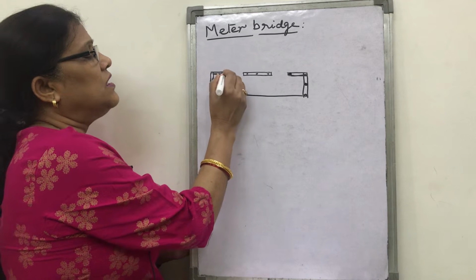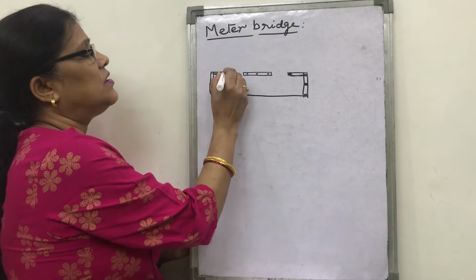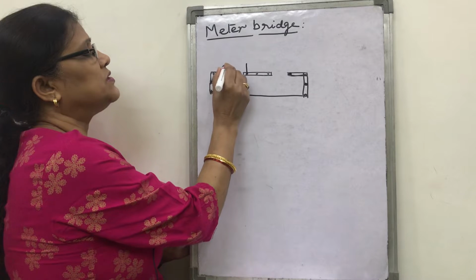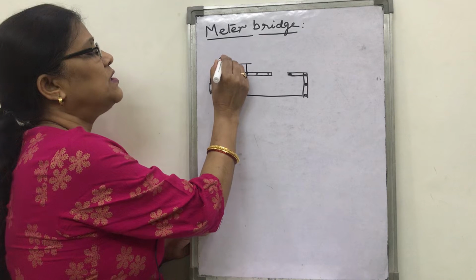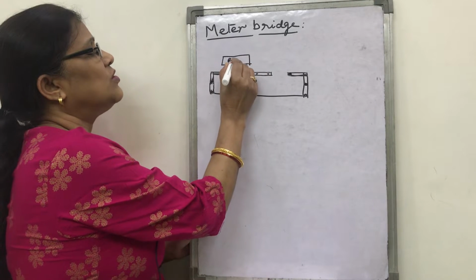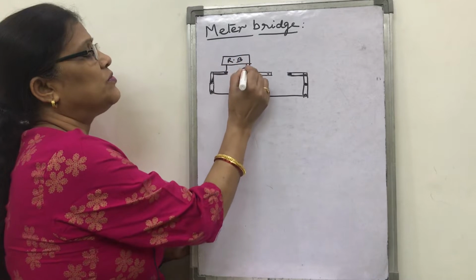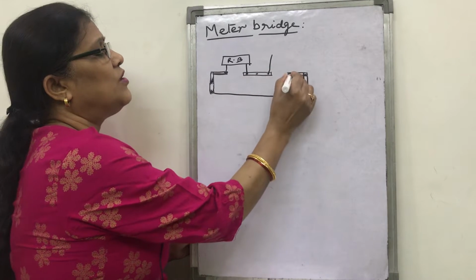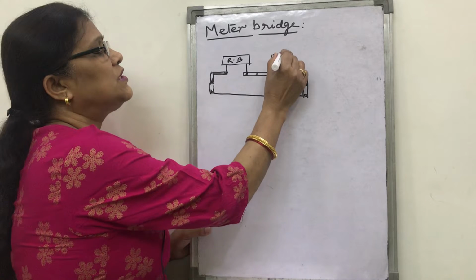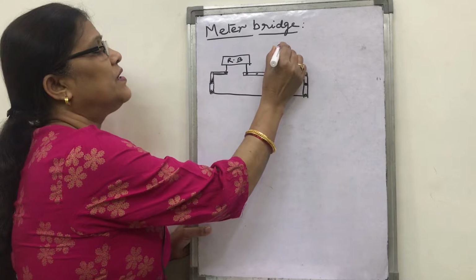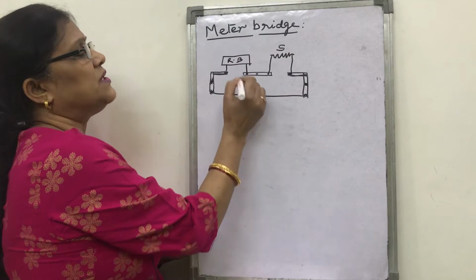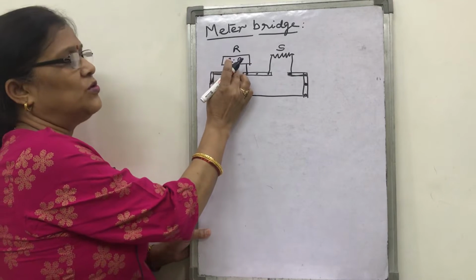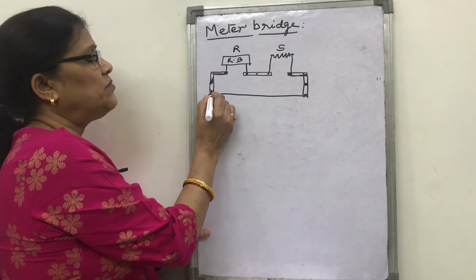Now in this gap, a resistance box is connected, with 1 screw from this strip and 1 screw from this L-shaped strip. The 2 screws of the resistance box are connected here, and here the unknown wire whose resistance or resistivity is to be obtained is connected. Its name is written S, and here in the resistance box, suppose we take any known resistance R. This is the 1 meter long wire.